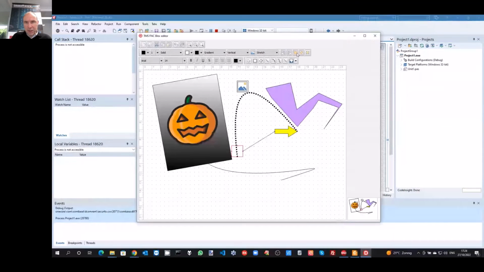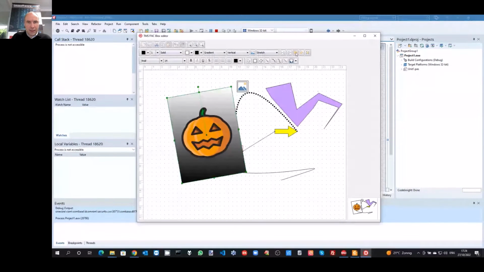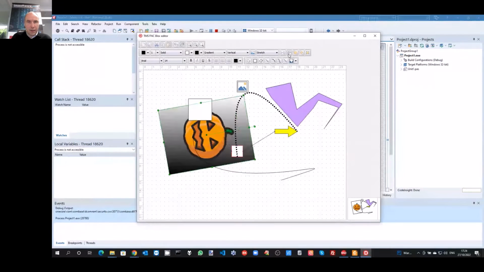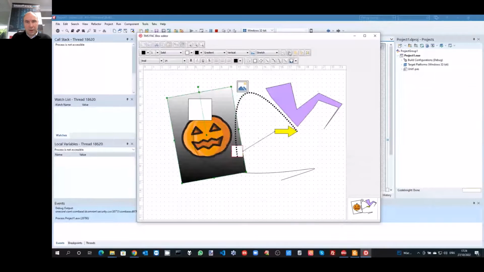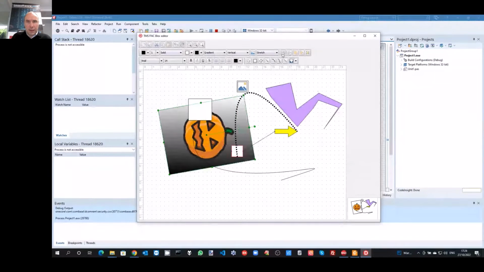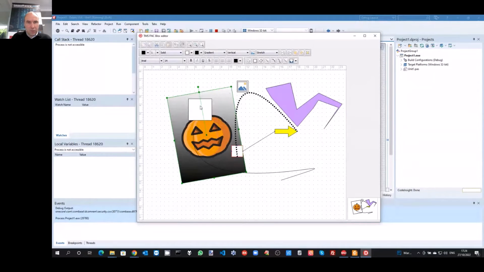What I also have here are the controls to, if I select the block, send it to back. So the control to move a control to the front or the back is also available from this toolbar. And these are buttons to make it rotate, for example, all directly available from the toolbar.